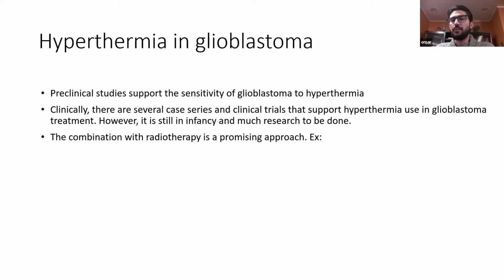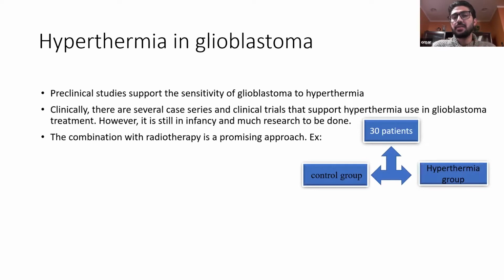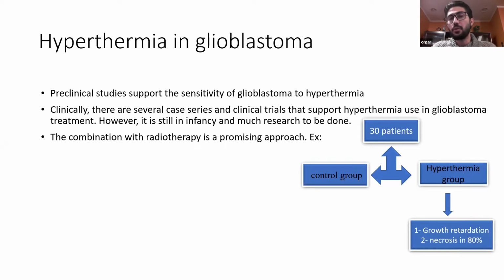The combination with radiotherapy, as I said before, is a promising approach, and this is exemplified by this clinical trial in which the physician recruited 30 patients and divided them into two groups, 15 in each one. The control group received the standard care of treatment, which includes surgery, radiotherapy plus chemotherapy agents, and the hyperthermic group received the standard care of treatment plus hyperthermia. The researchers found a significant reduction in the tumor growth in the hyperthermic group, and necrosis was evidenced in 18% of the specimens. And as you see here in this table,